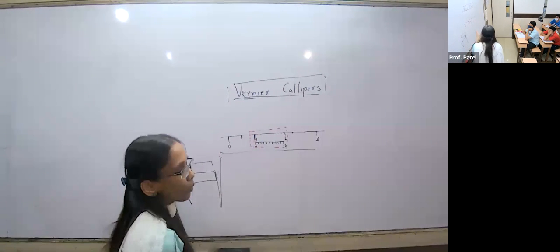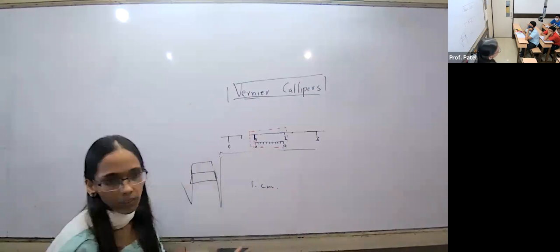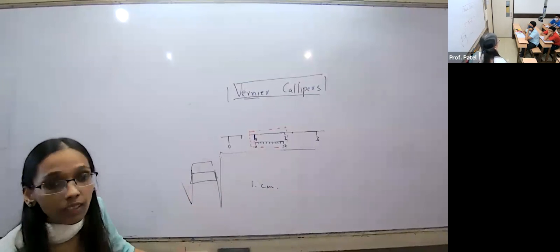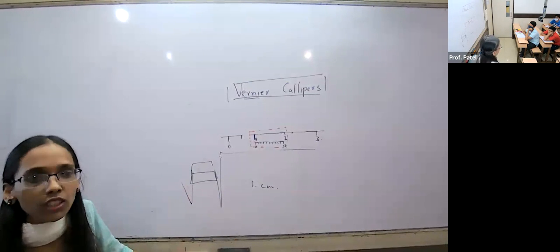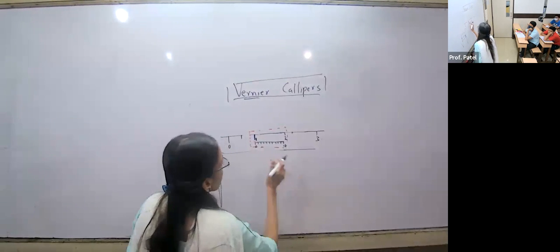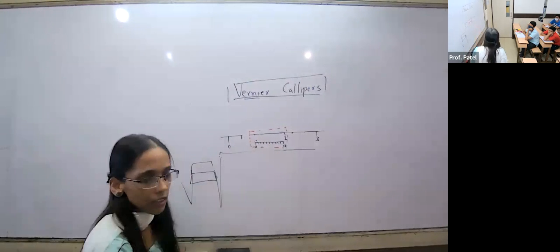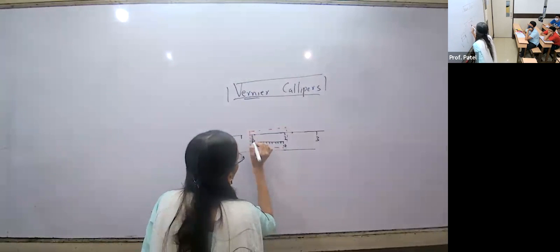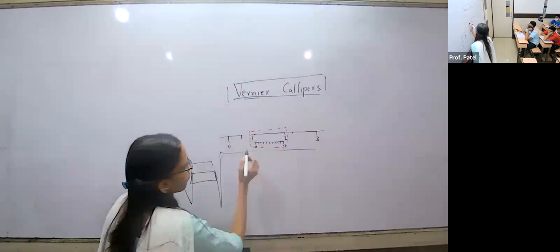But what happens if it is at 1? I get my answer as 1 centimeter. No, okay, this is just a special case where I got this. But what I am looking for is more accurate measurements in terms of 0.00, right? I'm looking for that. So in those cases, sometimes it is not as easy as it looks. What happens is, my 1 stands here, okay? My 1,